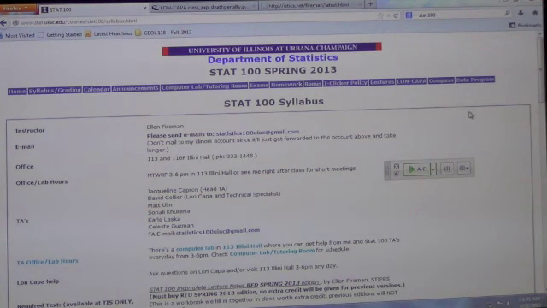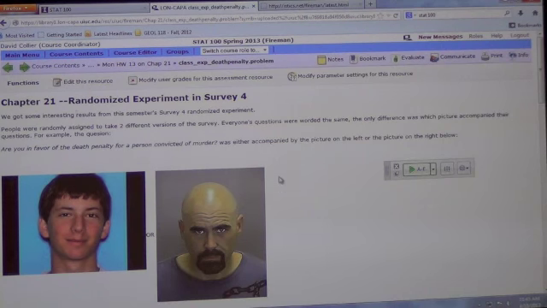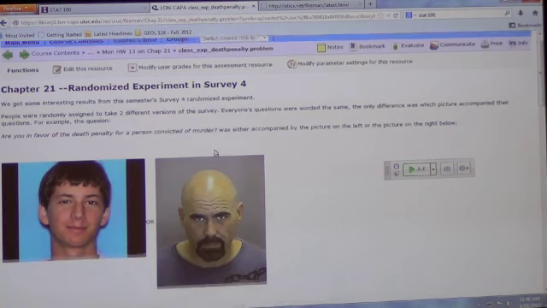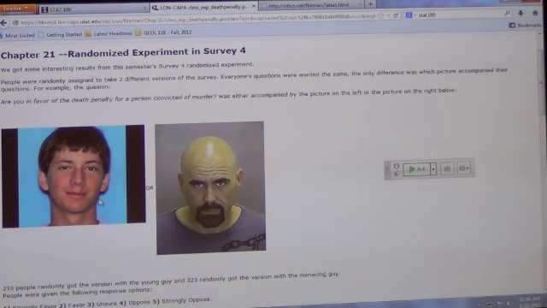While we're here, before we even do this example, let me just show you what your homework looks like. So it was the two sample Z. This is going to be your homework. Remember when you did this survey 4? I asked you, are you in favor of the death penalty for a person convicted of murder? And you either got a picture, this was just next to the picture, this guy I took from mugshots, or this guy.